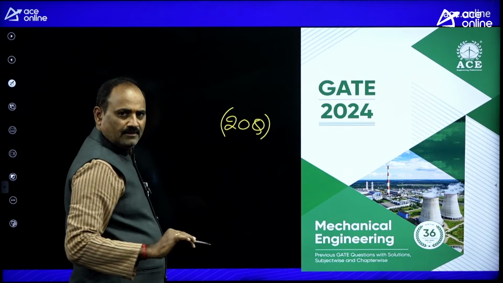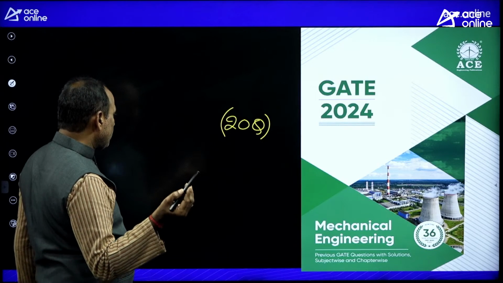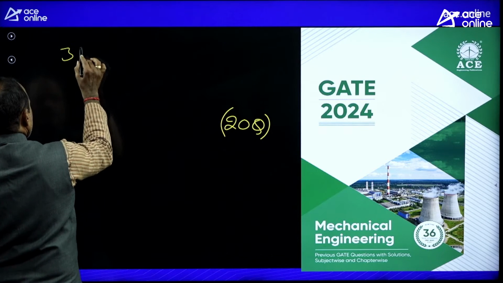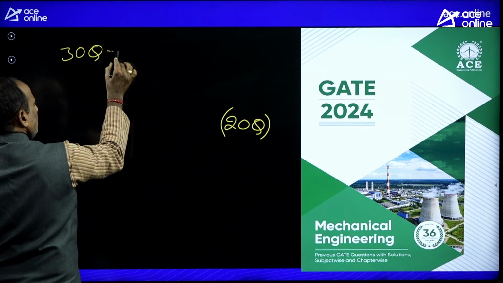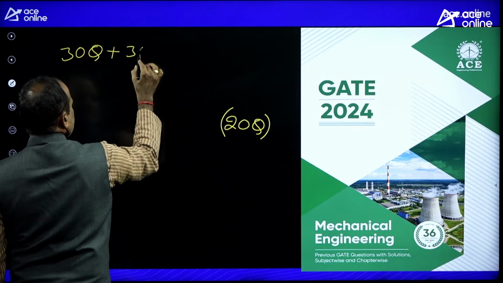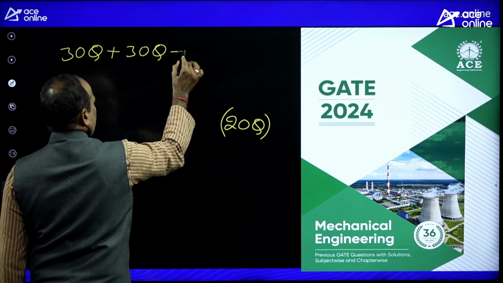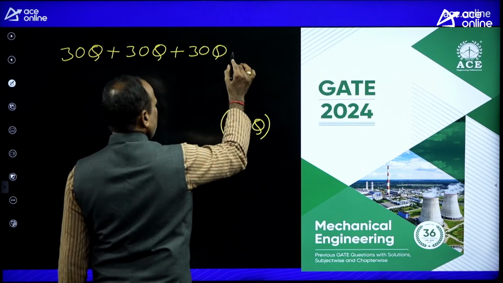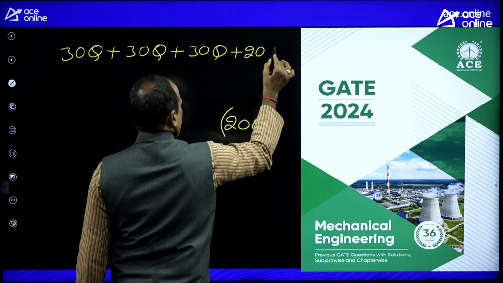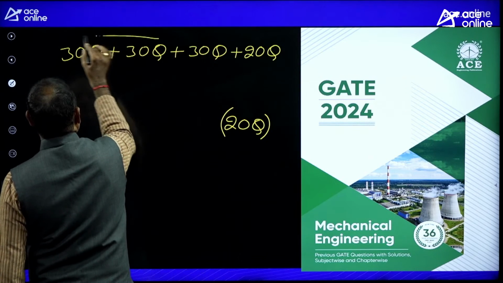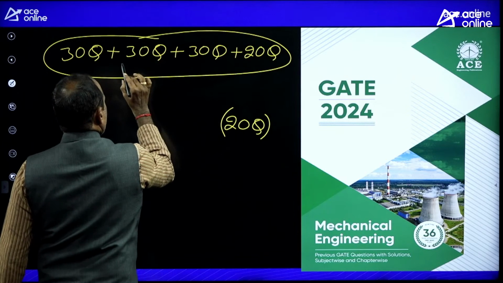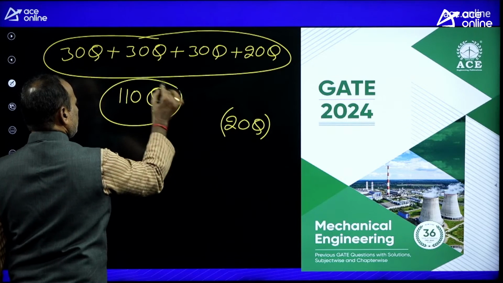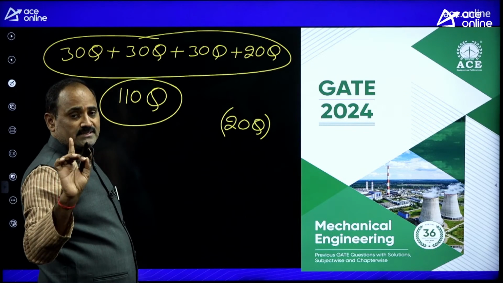Then what is the total number of questions you are practicing from each and every unit? 30 questions approximately from volume 1, 30 questions from volume 2, 30 questions from bits and bytes on an average, and 20 questions from the previous year exams. Total 110 questions you are going to practice from each and every unit, these are more than sufficient.